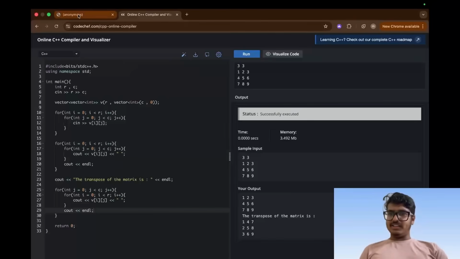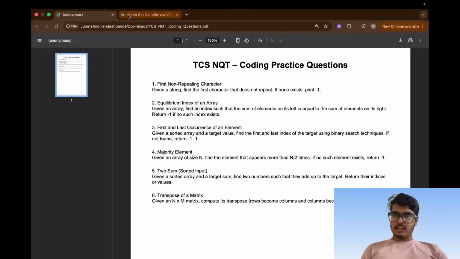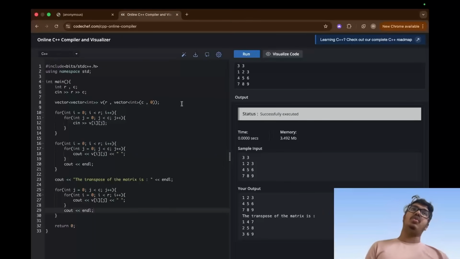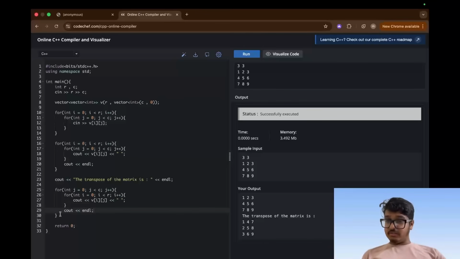So I hope these 6 questions were very helpful for you. We have understood how to take inputs, learned what are two-dimensional arrays, single dimensional arrays, two-pointer approach, binary search, and also lower bound, upper bound functions. Everything we have also read, right? And one thing to say is